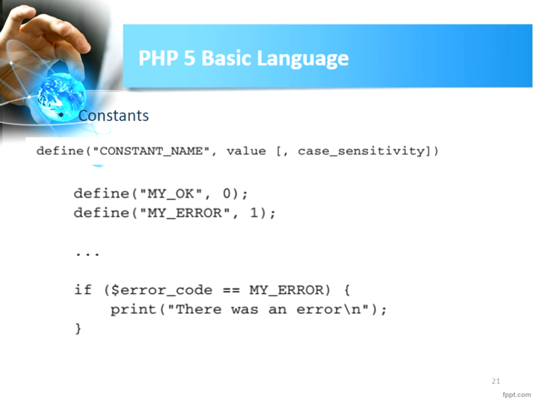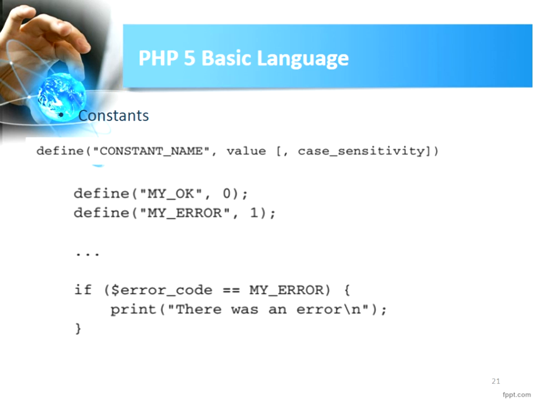Let's move now to constants. If I want to define a constant, I can use define, constant name, value. Here, for example, I use define my OK, and the value of my OK equals 0. Define my error equals 1. So there is a third